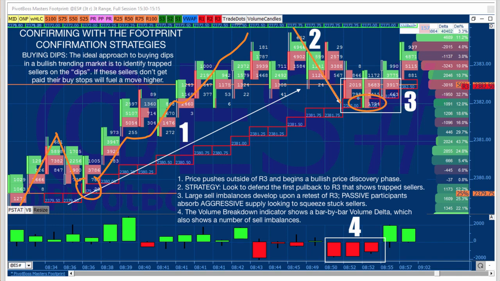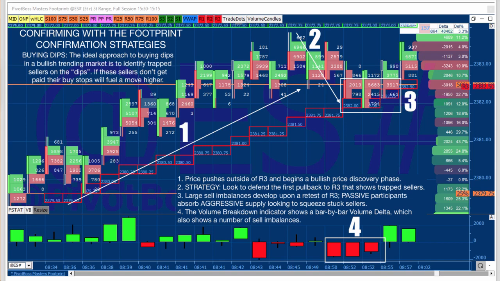We identified a pullback opportunity into about 82, 83s, and price came back right toward that zone there. And then we started to see all of these sell imbalances come in. That's very important, because whenever you have sell imbalances, so on this rotation, sellers, sellers, sellers, sellers, sellers, if you add those totals up, it's quite a bunch, right? You got easily 10, 12, 14, 16,000 sell contracts that came in at that area.